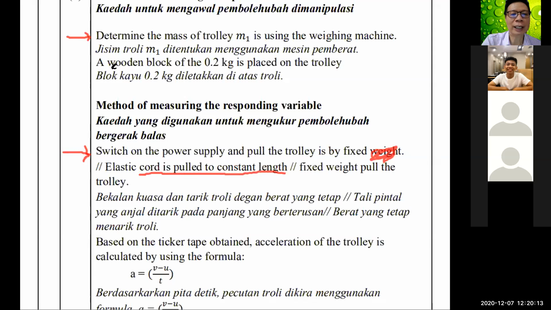Actually here, the first one, the second one, you don't write. It's okay. For one, you just write: the apparatus and the material are set up as shown in the diagram. And then you can say, a slotted weight of 0.2 kilogram is placed on the trolley. That's why you're using the slotted weight, right? Switch on the power supply, pull the trolley to a constant length, and then